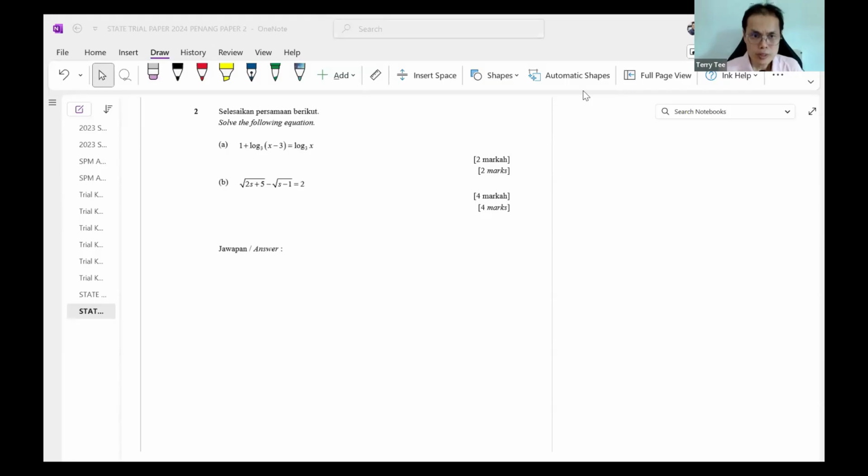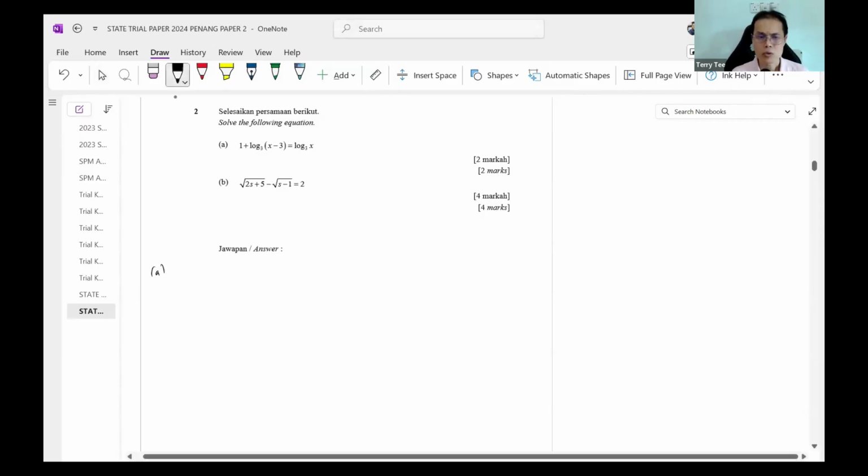Okay, question number 2. This is from the chapter Indices, Surds, and Logarithms. We're supposed to solve these two equations. The first equation involves logarithms. The second equation is more like indices. For the first equation, in a logarithmic equation, you need to have all three terms involving logarithm. The one here doesn't have a logarithm, so we can introduce log